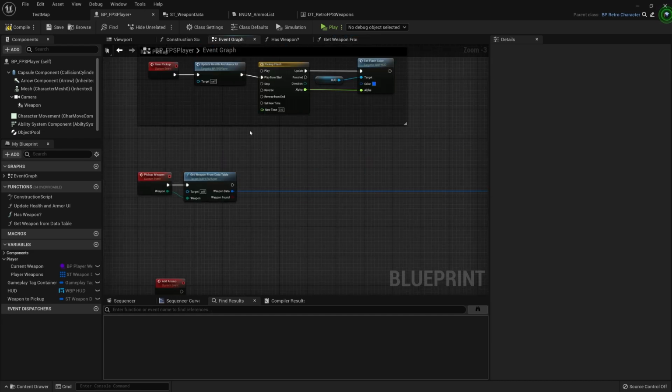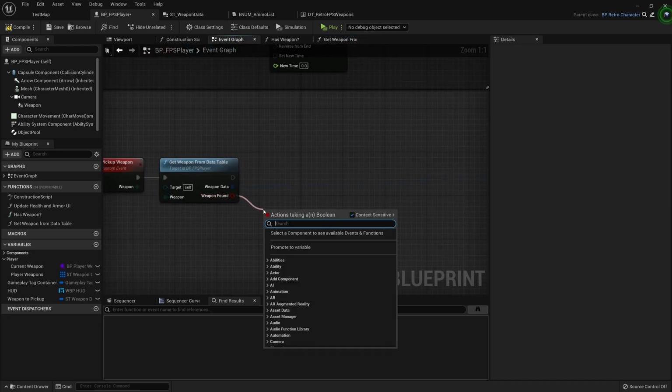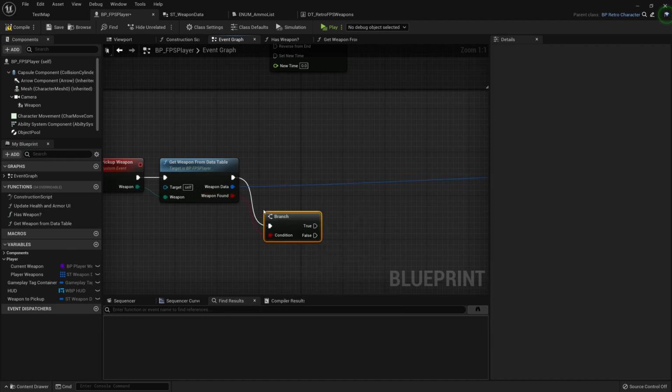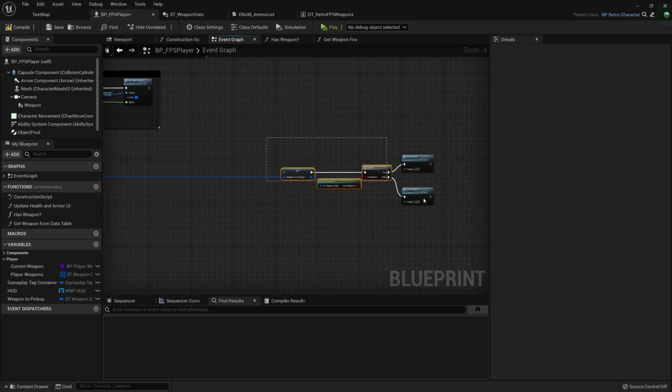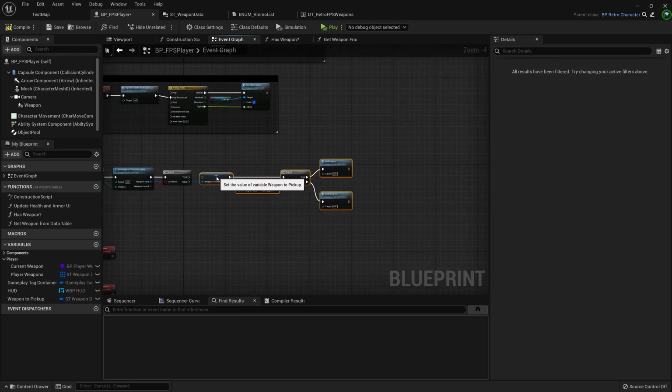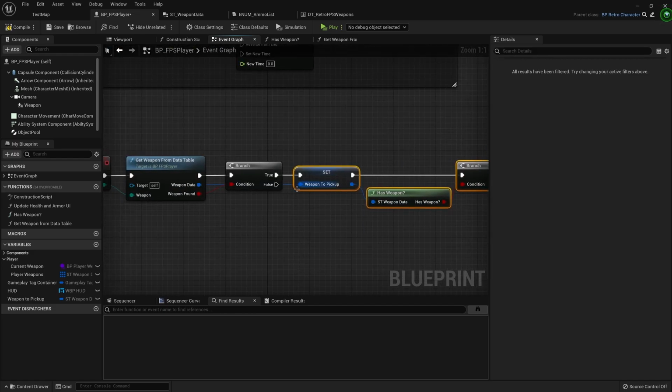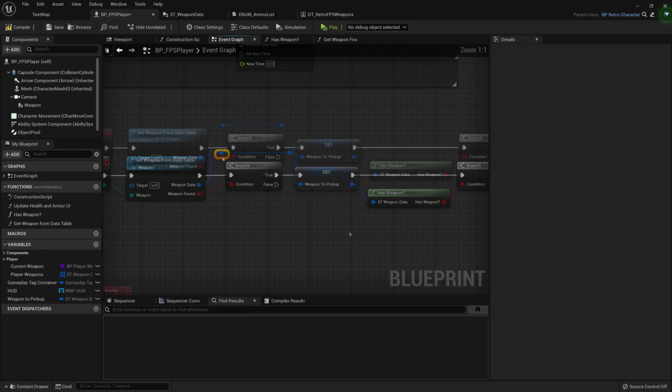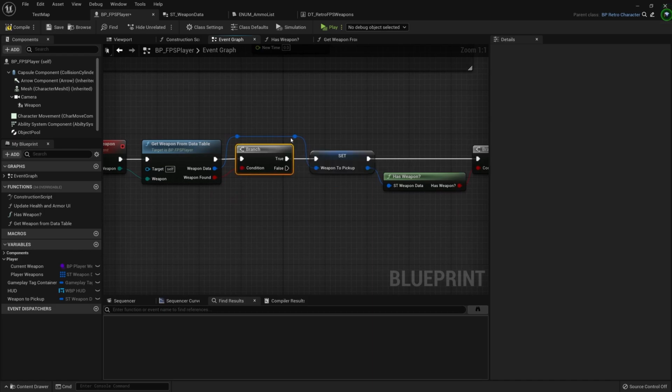So if we look back at the event graph on what happens here, we can branch from this weapon found and only continue if the weapon actually has been found. And so if we just kind of move this out of the way a bit. Now, if it's false, that means something is wrong and our weapon does not exist on the data table.